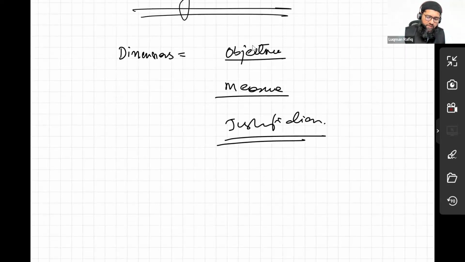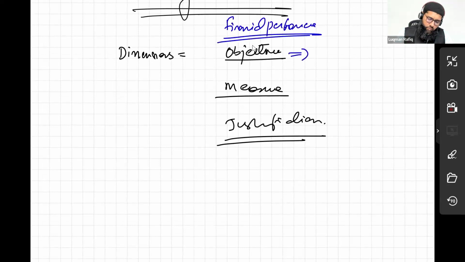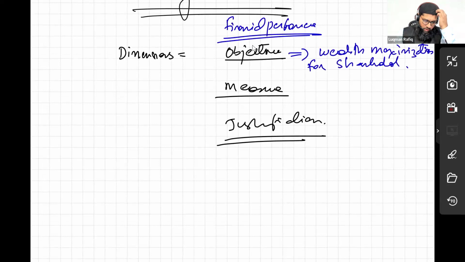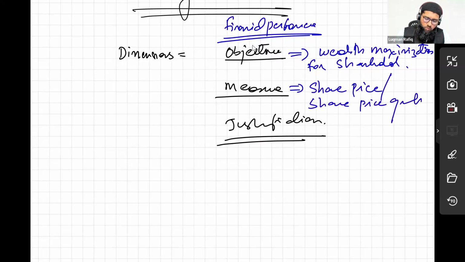Let's say, for example, if I talk about financial performance as one of the dimensions, the objective could be wealth maximization for shareholders. The measure could be, what? The measure could be share price growth, and the justification could be